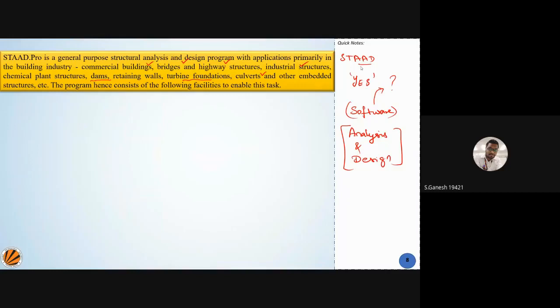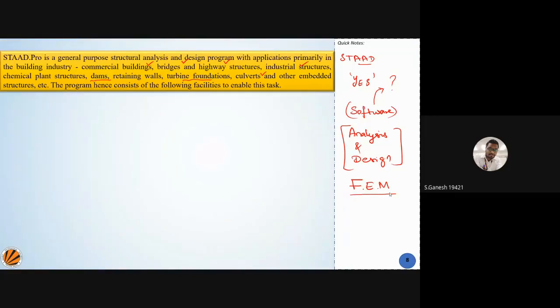So that is a basic definition which you see on the internet. You can say that it is structural analysis and design professionals. That is a basic definition. But behind that definition, what is the software doing? The software is doing a concept called FEM. You should be aware of this, especially those who are learning for the first time. So add this also in your answer.